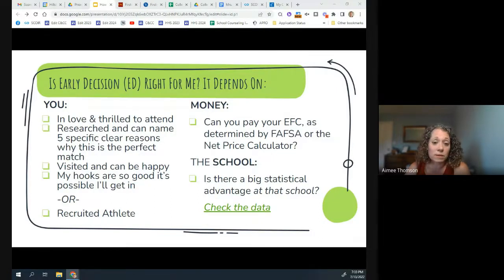But some students sometimes just want to be done with the process, even though they know that it's a probable school for them. They just want to be over it. And it's nice to get that early acceptance solidified in December. About a third of those 25 were recruited athletes. So that leaves about 17, 18 regular old HHS students who were admitted to their early decision schools.